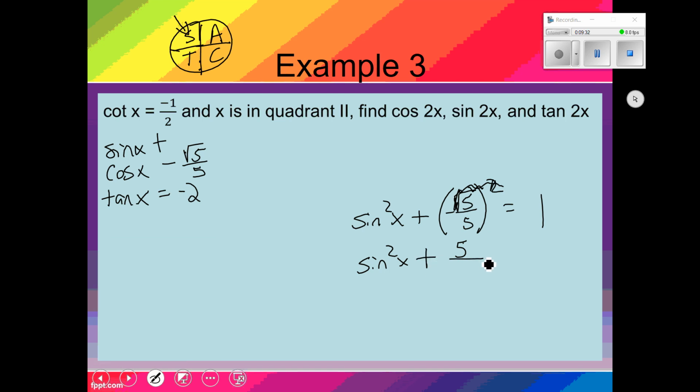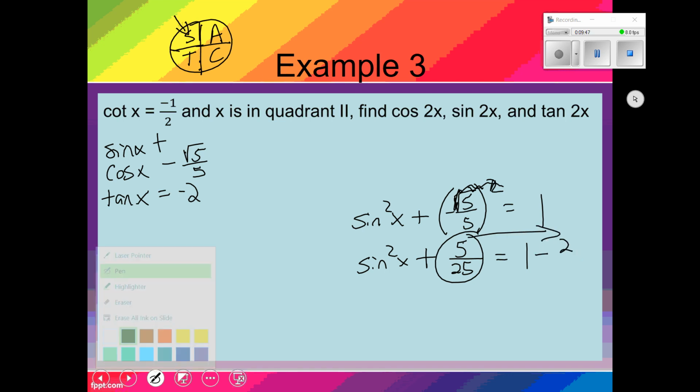Plus, you square 5, you get 25. And you can reduce that if you'd like to, and make that 1/5. That would be fine. And I'm going to move this over and subtract 5. Getting ahead of myself. Subtract 5 over 25. And you can use your calculators for this, or find common denominators. You're going to get